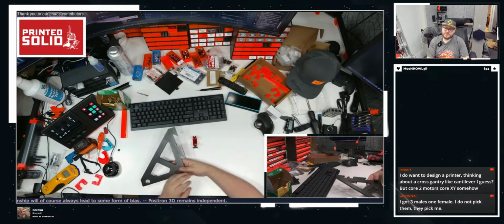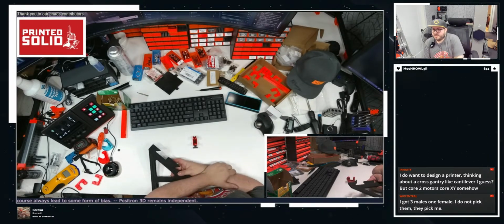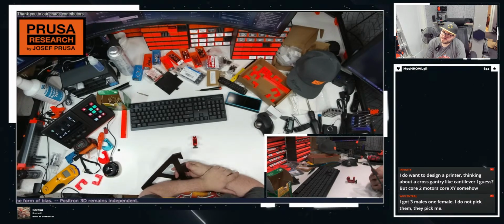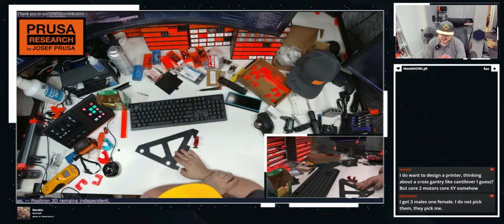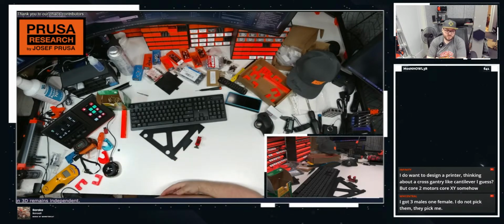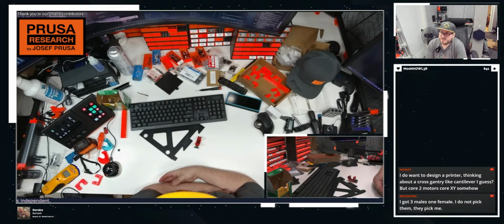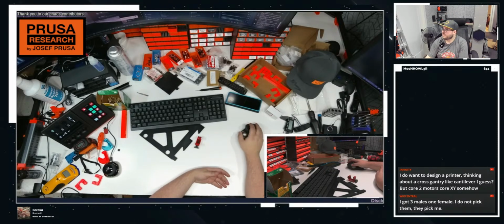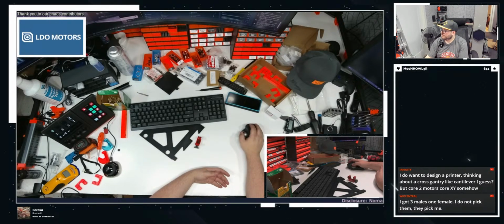I mean, we cracked out the Positron in a month. That was not easy. That was actually very difficult to do. The only reason it was as easy as it was for us was because most of the design was already done by Prusa. We just took the frame and reused it, and that was pretty easy to do. But yeah, it's a thing. It's a thing indeed.